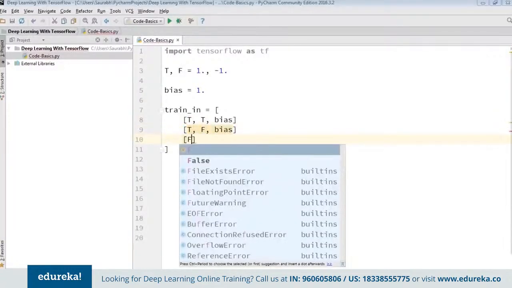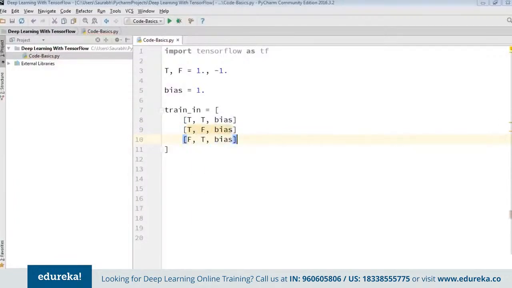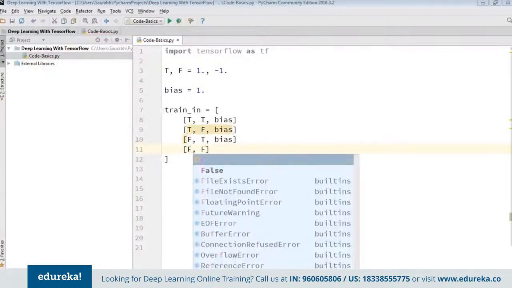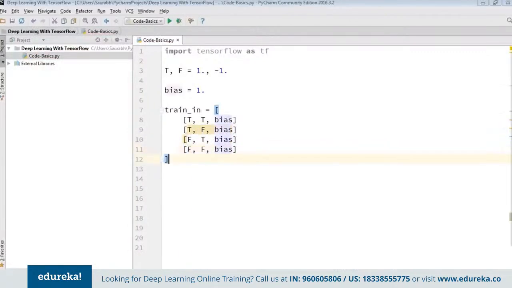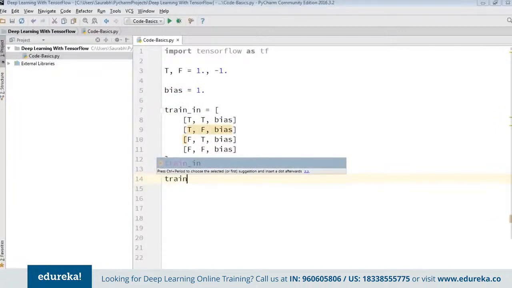Similarly, one input is false, another input is true, then we have bias. And then finally, when both the inputs are false or 0, then we have bias, right? This is our training data, and the train out will be the output, basically train_out